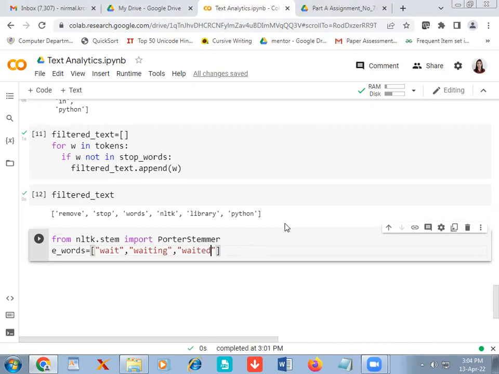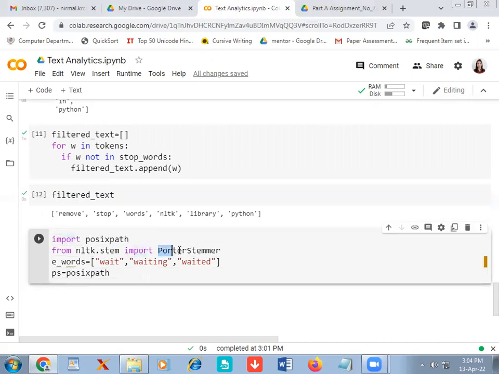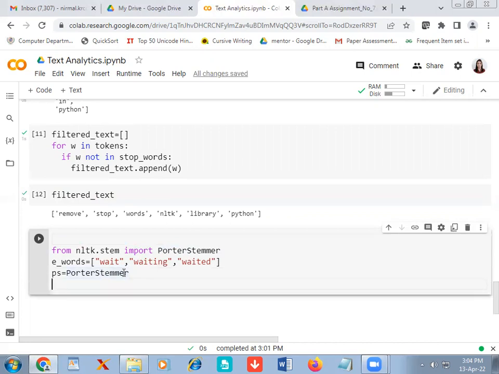So now if I'm going to do this, PS equal to PorterStemmer. So I'm going to write the PorterStemmer, so this will be PS. But now for every particular word W in E words,